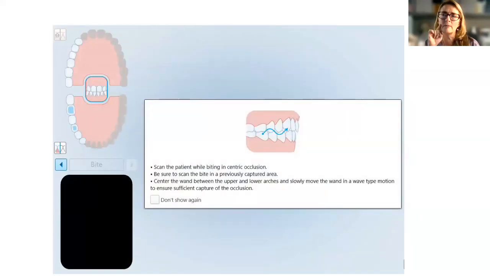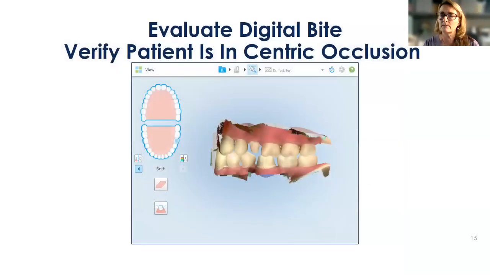And we're going to start where the teeth interdigitate. I like to go up to the maxilla, capturing 2 to 4 millimeters of soft tissue, then down to the mandible, collecting 2 to 4 millimeters of soft tissue, and then pull the wand out. You will see the model begin to merge together at that point, looking something like this as the patient is